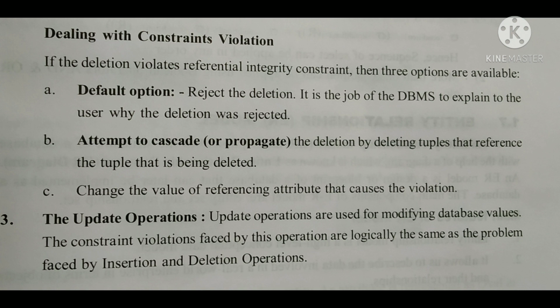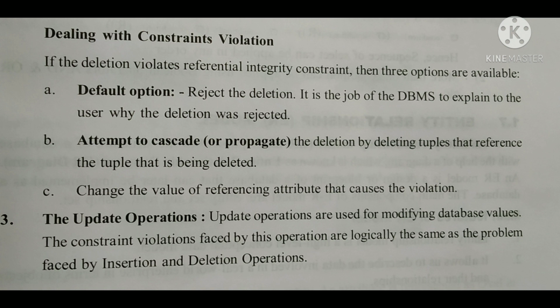Second, attempt to cascade or propagate the deletion by deleting the tuples that reference the tuple being deleted. Third, change the values of the referencing attributes that cause the violation.